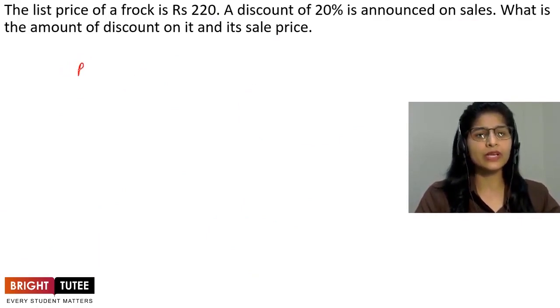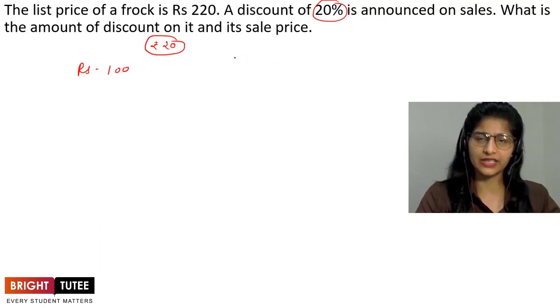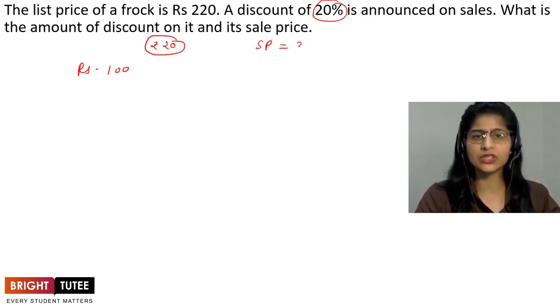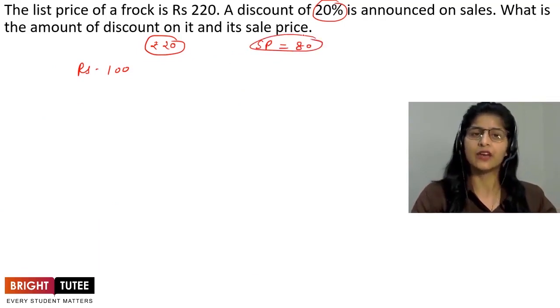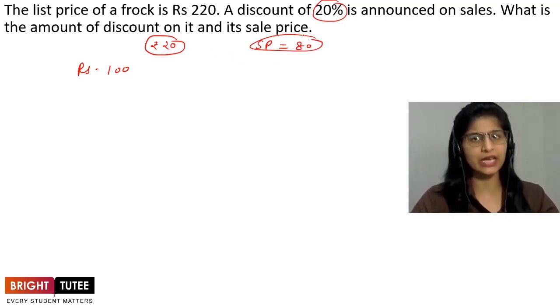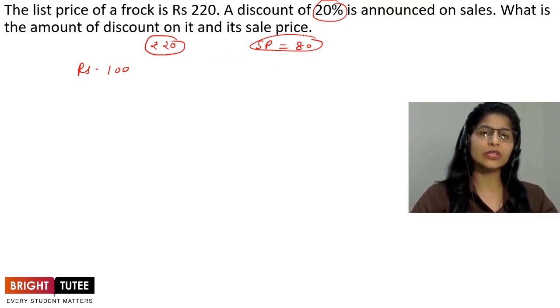So when rupees 100 is the marked price, what is the discount given? 20%. If 20%, rupees 20 will be the discount. If 20% is given on 100, then 20 is the discount. That means the selling price is how much? 80. Is that clear? We know that the total amount is 100 and 20% is announced. So rupees 20 is to be deducted from it as a discount, and it will be sold for rupees